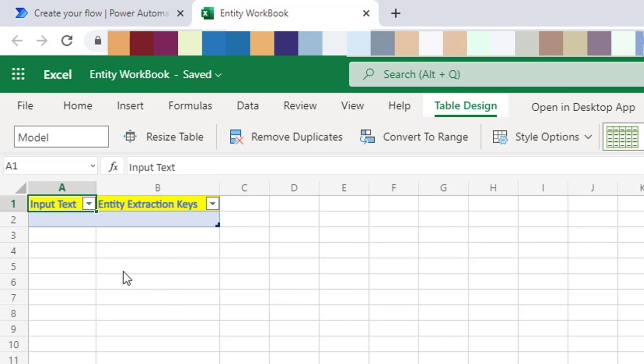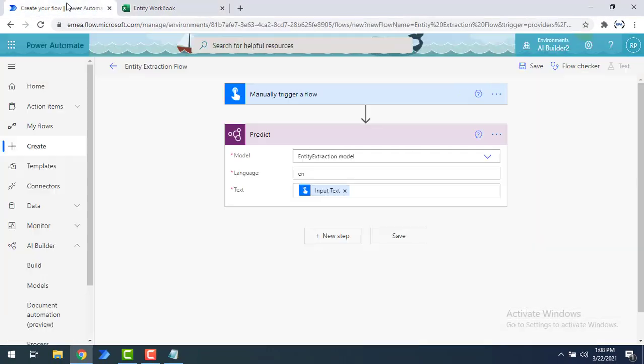If you see the columns over here, I have input text and another one, entity extraction keys. These are the two columns which I have in the particular table. All right. What is the input text? I'm going to give the input text manually by clicking on manually trigger flow. That will be stored over here. And the output coming from the entity extraction model will be stored over here in the column of entity extraction keys. All right.